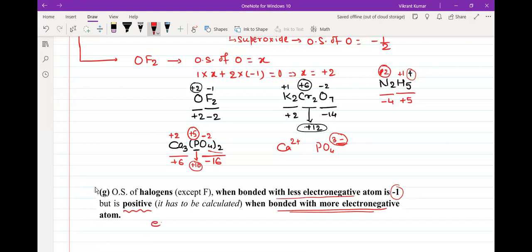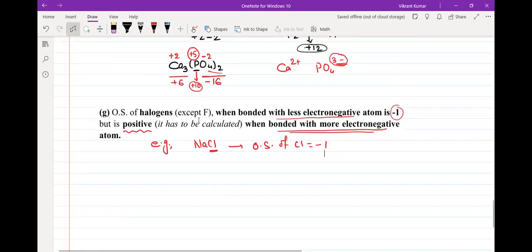तो like for example, if I say NaCl में Cl का, so it is bonded with less electronegative. Metal are less electronegative than the non-metals, है ना? That's why we'll say कि Cl will have oxidation state equals -1. Is it okay? If I write CaBr2,